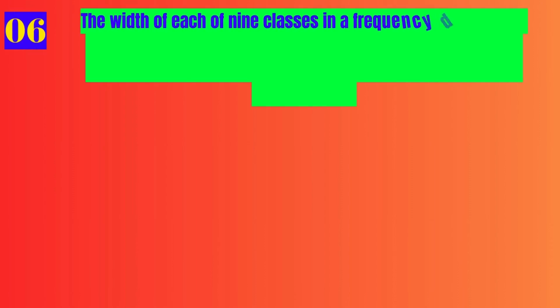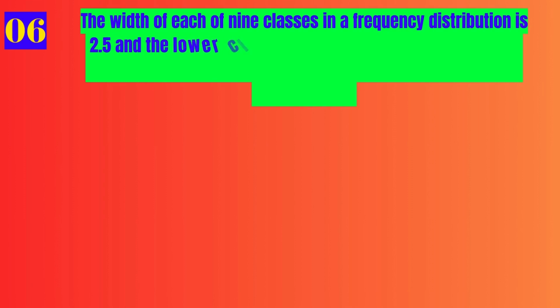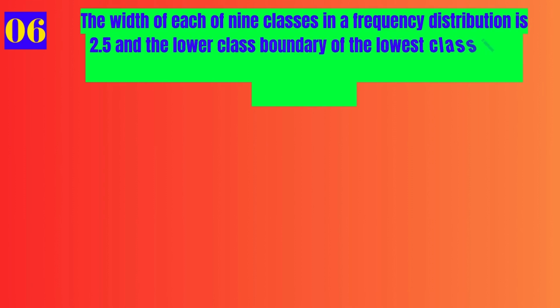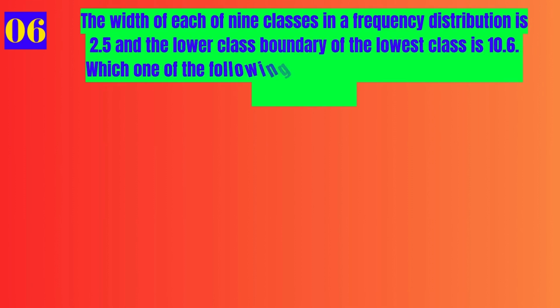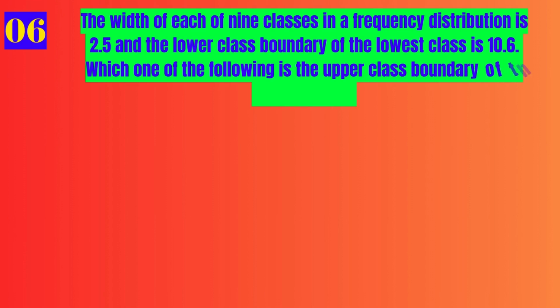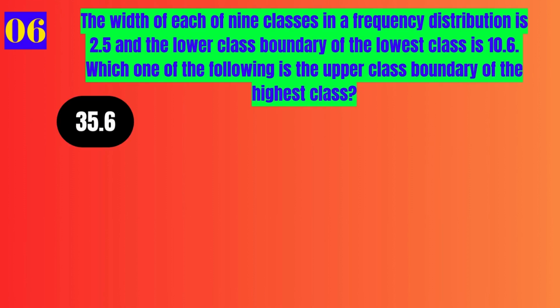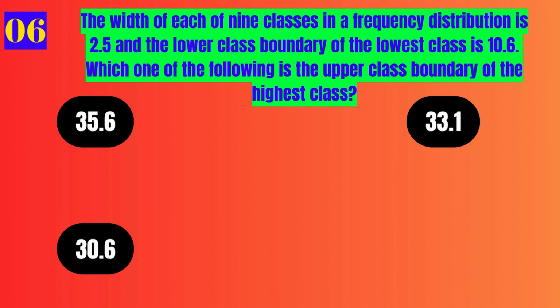The width of each of 9 classes in a frequency distribution is 2.5 and the lower class boundary of the lowest class is 10.6. Which one of the following is the upper class boundary of the highest class? The options are 35.6, 33.1, 30.6, 28.1. The correct option is